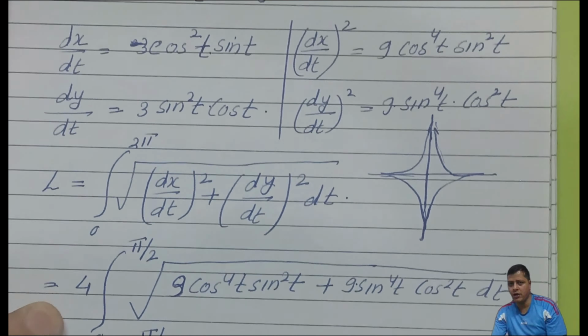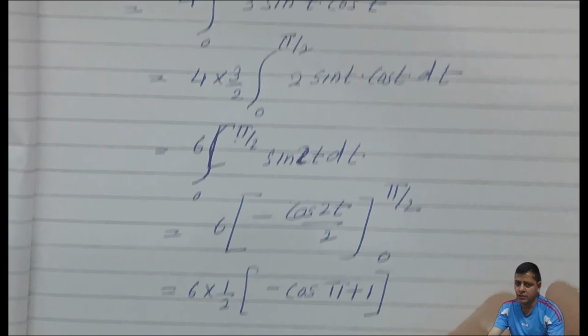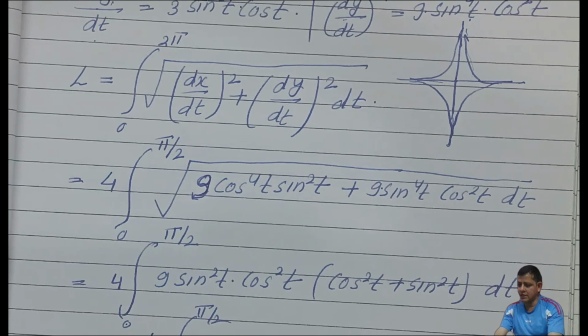In this equation, we had dx by dt and dy by dt, and we got this simplification of this into this. After simplification, you have to be very fast in doing it. So you get this value, and then you get this value. How did you get this value? By squaring it. Next, you replace in the main formula the things that you had got, and after simplification in a few steps, you get the length of the asteroid, that is 6. So the length of the asteroid we got is 6.